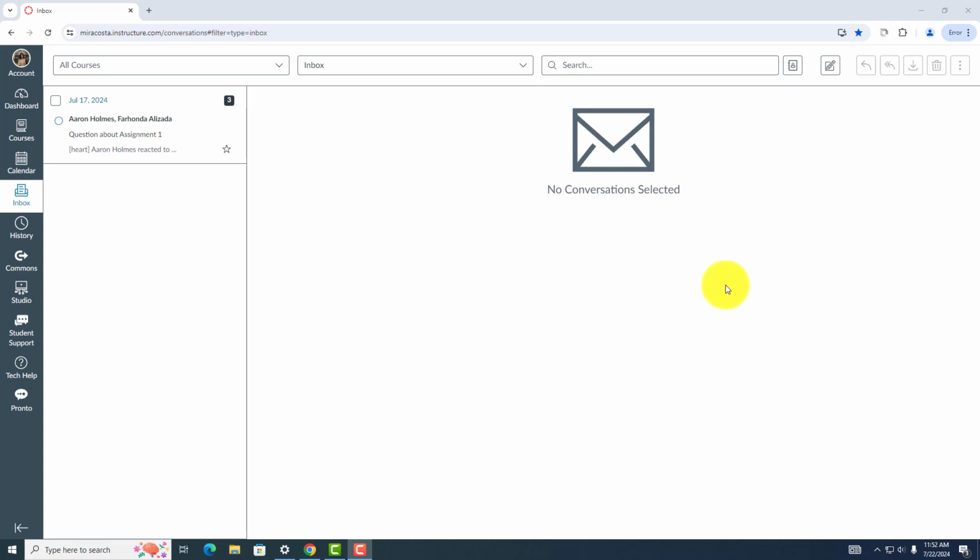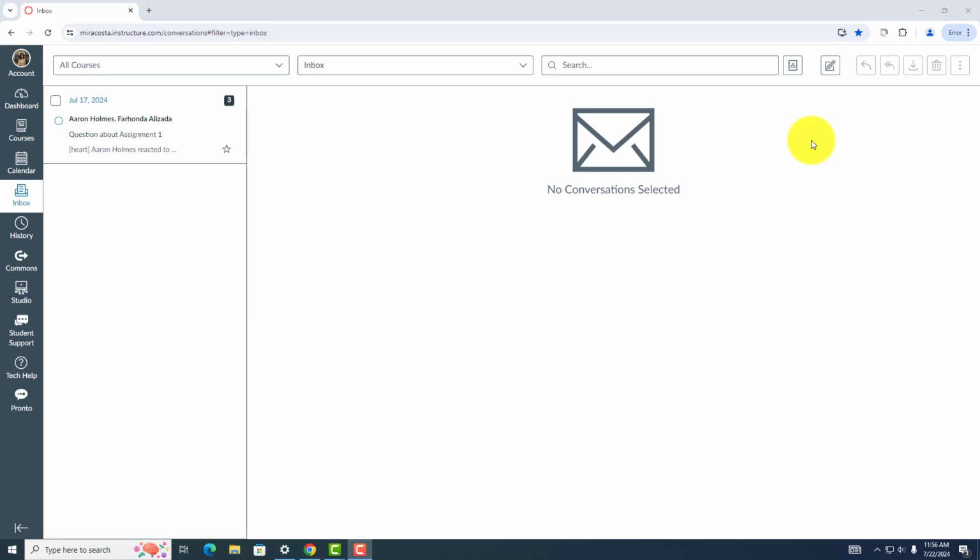The inbox is divided into several sections. The toolbar is at the very top, the message list is on the left-hand side, and the message pane is on the right. Simply put, the message list will display a list of messages. The message pane shows the content of the selected messages. And the toolbar allows you to compose new messages, filter messages, and access your sent and archived messages.